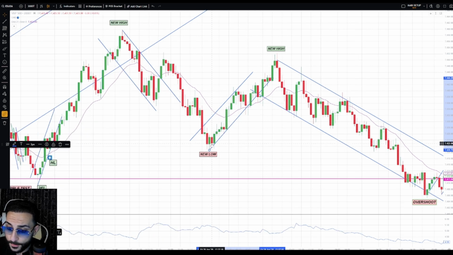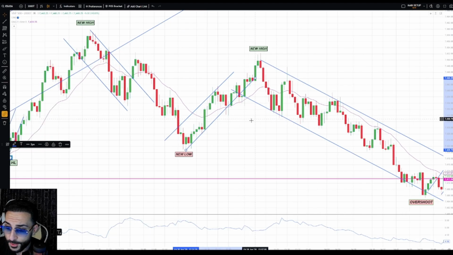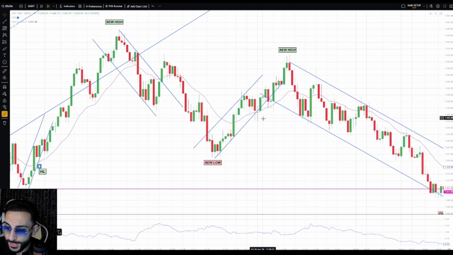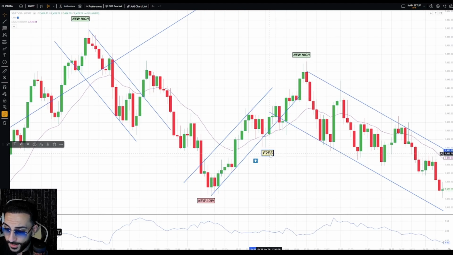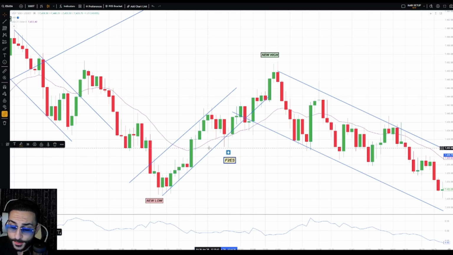So there was no reversal pattern here. This formed a little too late, right? So if you want to, you can consider taking it. This is a failed second entry short, right? But it did form a little too late, and I always emphasize entering right after the push above EMA,